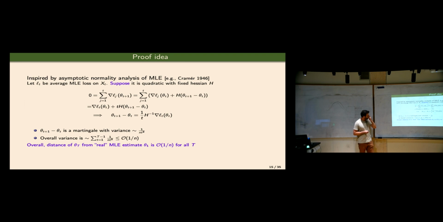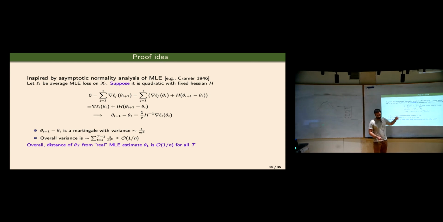So, okay, what's the proof idea? It was actually a fun proof to work on because I got to read very old papers, which I never do, and the proof is very similar to some of those. The idea is kind of a classical one. You look at the gradient of the loss, and you Taylor expand it, and you ask, how does it behave around this area?